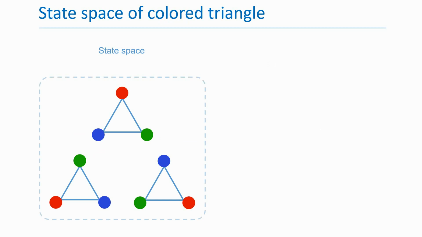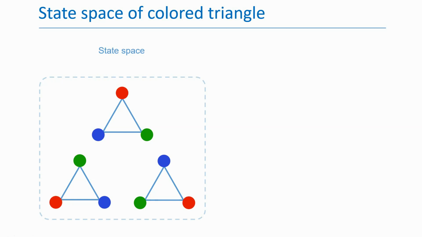We'll start discussing symmetry in terms of a simple example. Consider an equilateral triangle with its 3 vertices colored red, green, and blue. It can be in any one of these 3 possible orientations, or in other words, 3 possible states. For now, we're assuming that the triangle cannot rotate to any other angle, and so these 3 states are the entire state space of the triangle. We'll call the states by the orientation of the red vertex: red up, red right, red left.